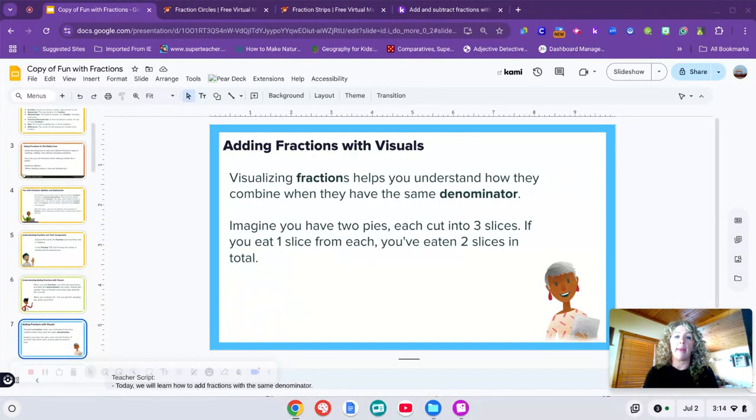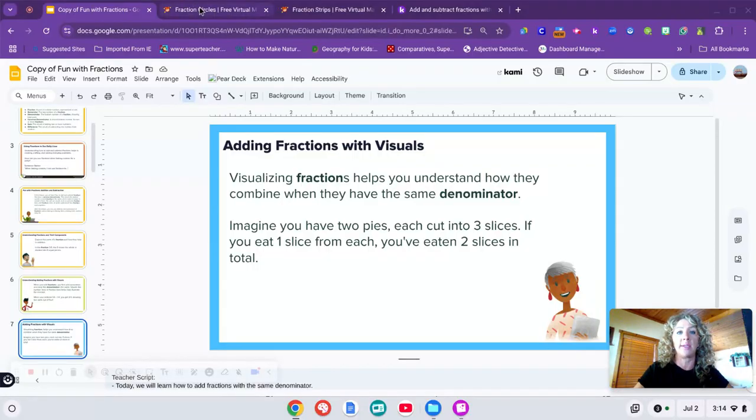Now, again, adding fractions with visuals. We just did one, but we're going to do another one. Visualizing fractions helps you to understand how they combine when they have the same denominator. Imagine you have 2 pies. So this is a little bit different. We're not using fraction bars. We have 2 pies. We know pies are a circle. So each pie is cut into 3 slices. And if you eat 1 slice from each,